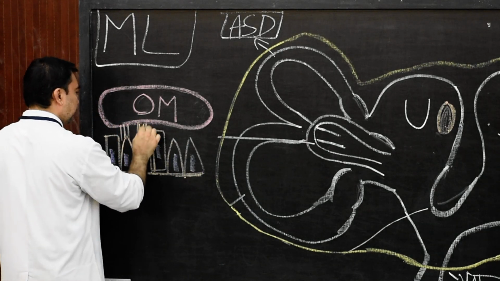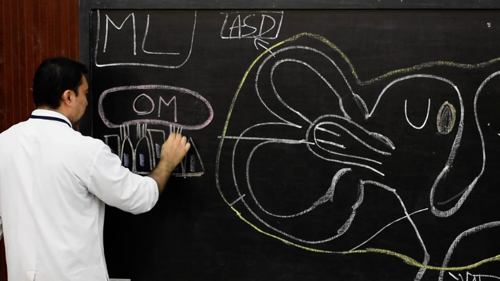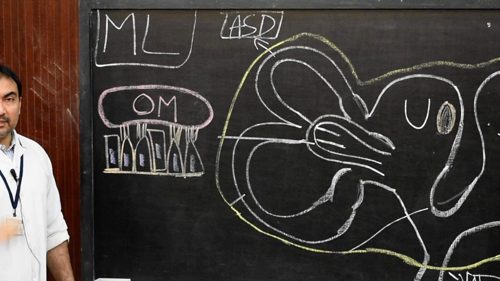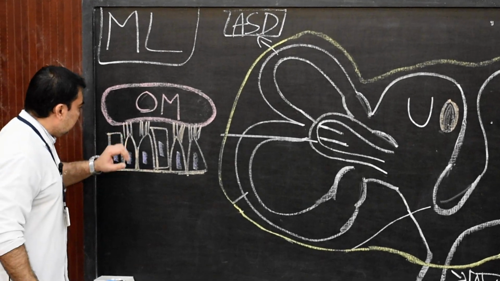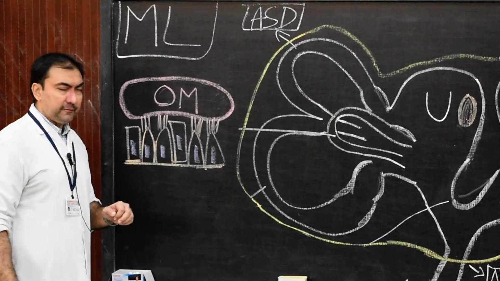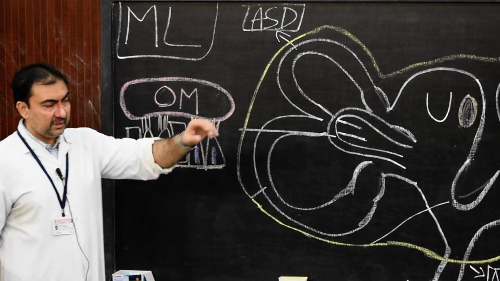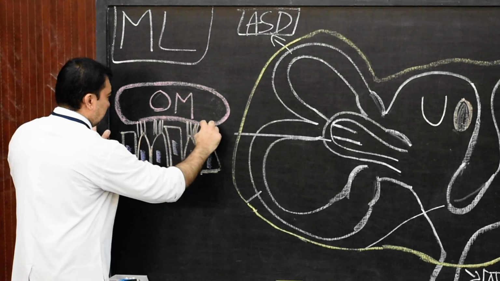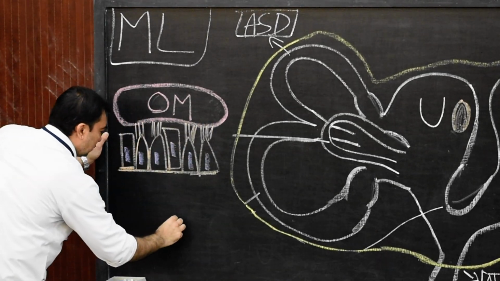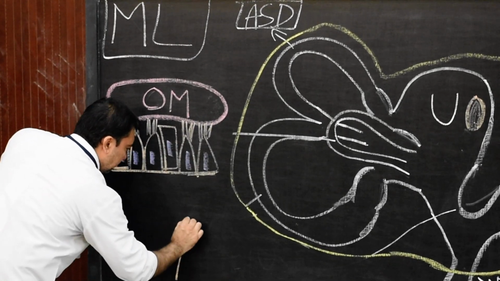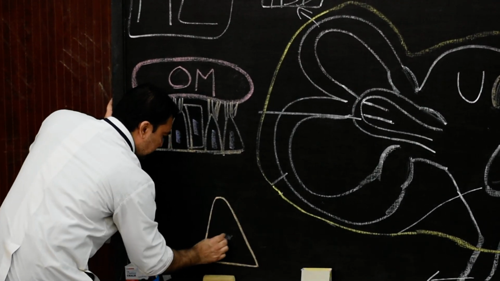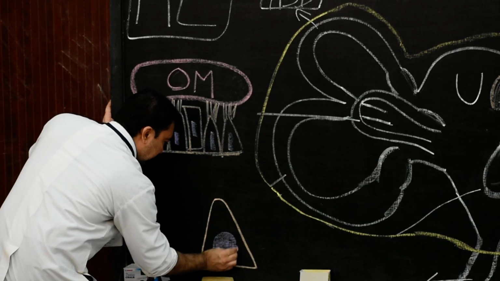Now here, what is the difference between the hair cells of the spiral organ of Corti and the hair cells of the macula? The difference is that here in these hair cells, there are type 1 and type 2 hair cells, whereas there were inner and outer hair cells. But here, more specific will be this region. If I focus on this region and draw a single hair cell with the nuclei,